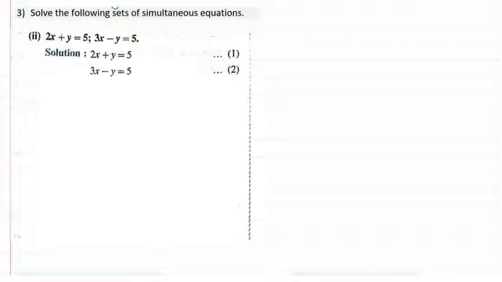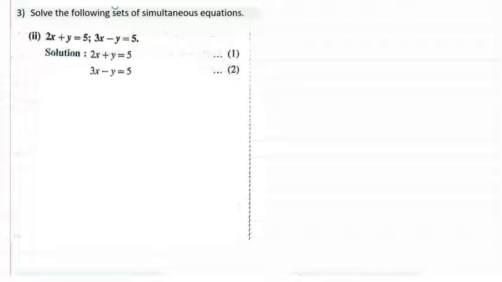The very first step for elimination method is to locate the variable which you have to eliminate. And how do we locate that? By seeing the sign of those variables. They should have opposite signs. So here in both the equations x is plus 2x and plus 3x. So we can't eliminate x. So what are we supposed to eliminate? Y. Because in the first equation y is plus 1y, and in the second equation it is minus 1y. So y is the variable which we have to eliminate.